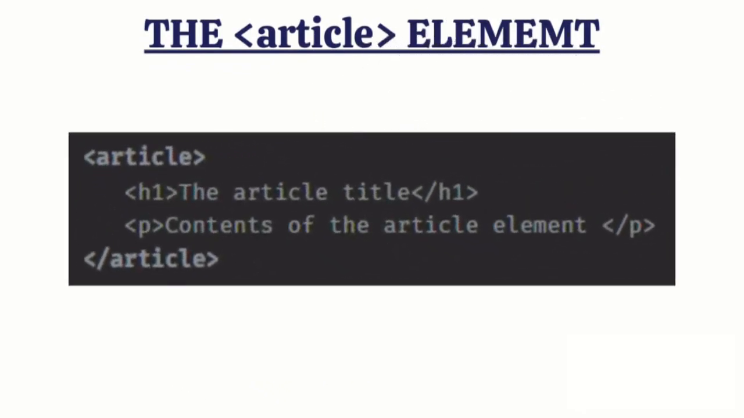Article is a self-contained, independent piece of content that can be used and distributed separately from the rest of the page or site. This could be a forum post, a magazine or newspaper article, a blog entry, a comment, an interactive widget or gadget, or any other independent piece of content. The article tag element replaces the div tag element that was widely used in HTML4, along with an id or